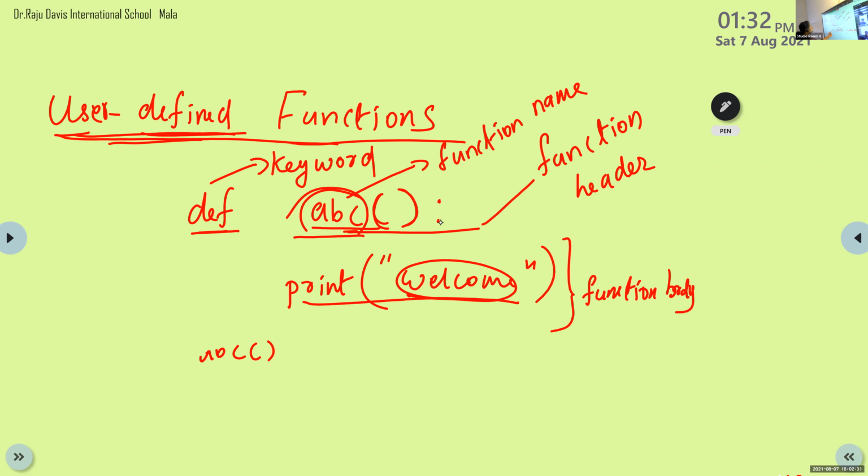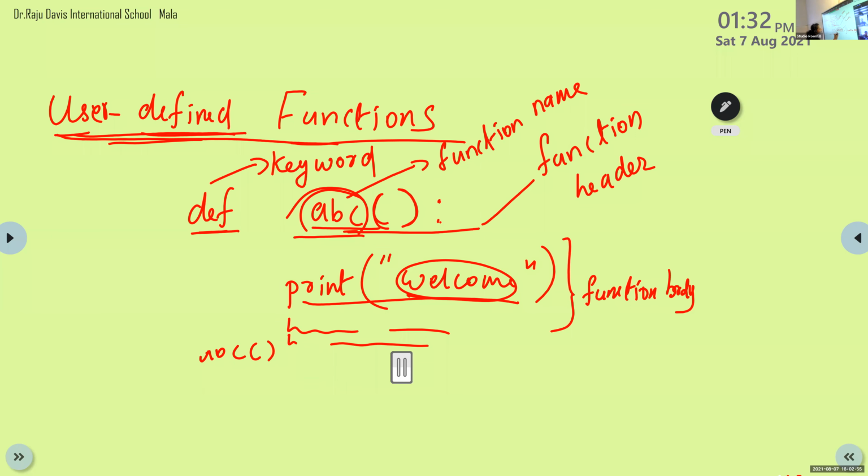After some tab space, write the print statement. If you want to write one more statement, write it here. The third statement also here. If you write a statement without the space, it will give an error after execution. So that is indentation.